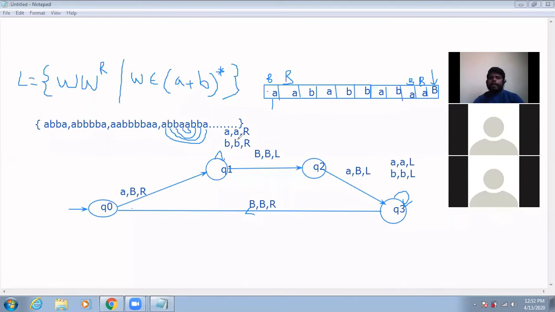Here there is a B. B is there at Q0, but you don't have a transition, right? So you need to define it the same as A, as it is. Like you have defined A. Now what do I need to do? I should replace B here, same as it is. So what do I need to do?